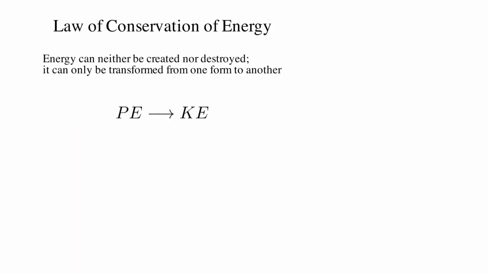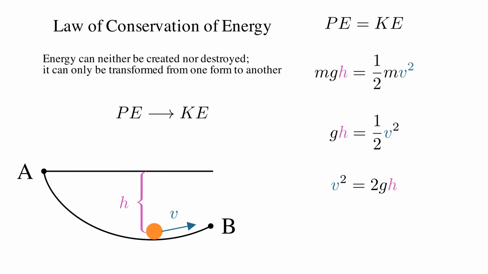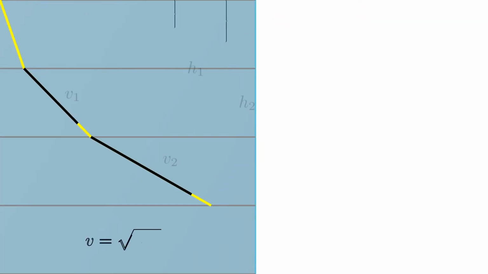By the law of conservation of energy, the loss in potential energy of the particle is equal to the gain in kinetic energy. Thus, the velocity of the particle, v, is proportional to the square root of the distance the particle is falling, h. Now imagine a system of infinitesimally thin layers of material stacked on top of each other,